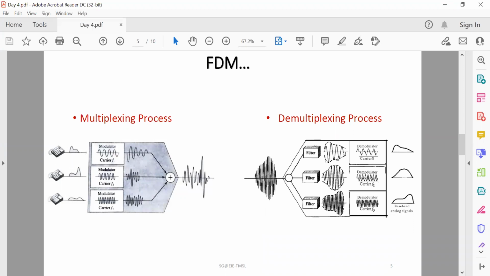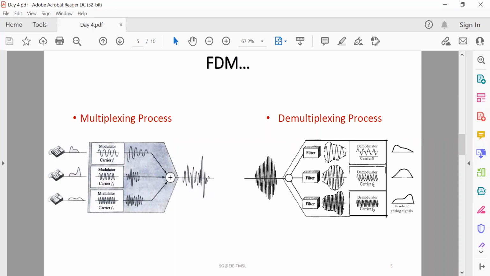So here telephone lines are used as input devices. On the left hand side figure, you can see it there. Each telephone generates a signal of a similar frequency range. Inside the multiplexer, these similar signals are modulated onto different carrier frequencies like F1, F2, F3. And the resulting modulated signals are then combined into a single composite signal that is sent out over the media link that has enough bandwidth to accommodate it.